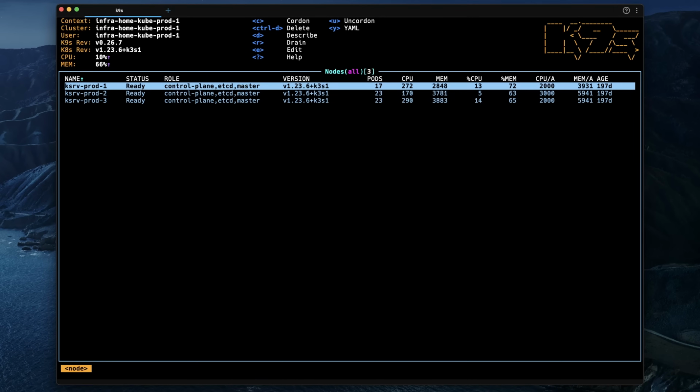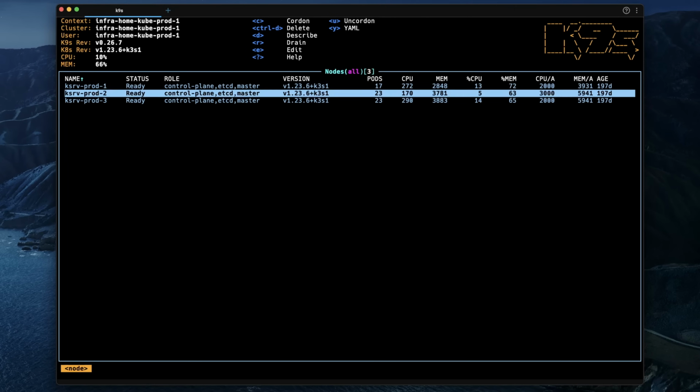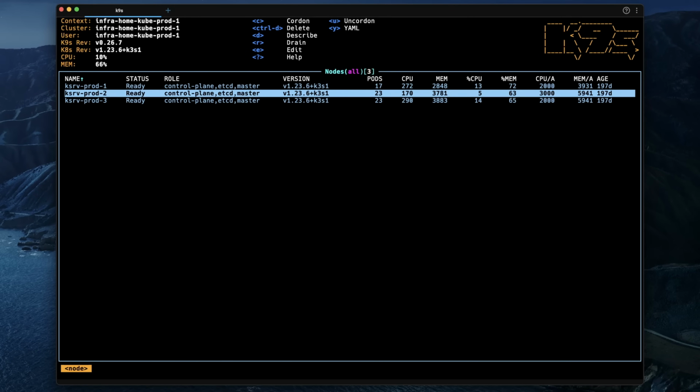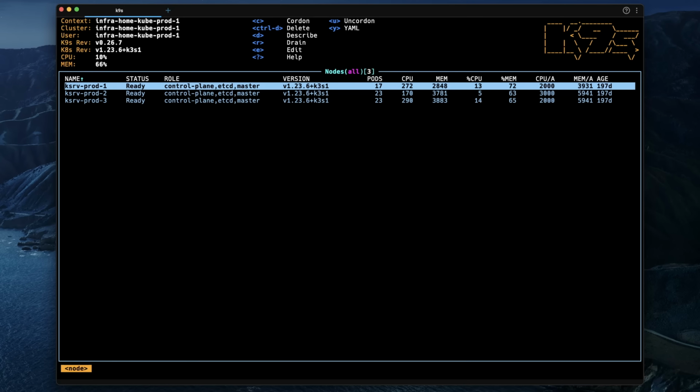The main view displays information about different kinds of objects and resources in your cluster. For example, you can see I now have my nodes currently selected, and I can see all the details like CPU, memory, version, and how many pods are running. With the arrow keys, I can just move up and down the list, and I can also use hotkeys for